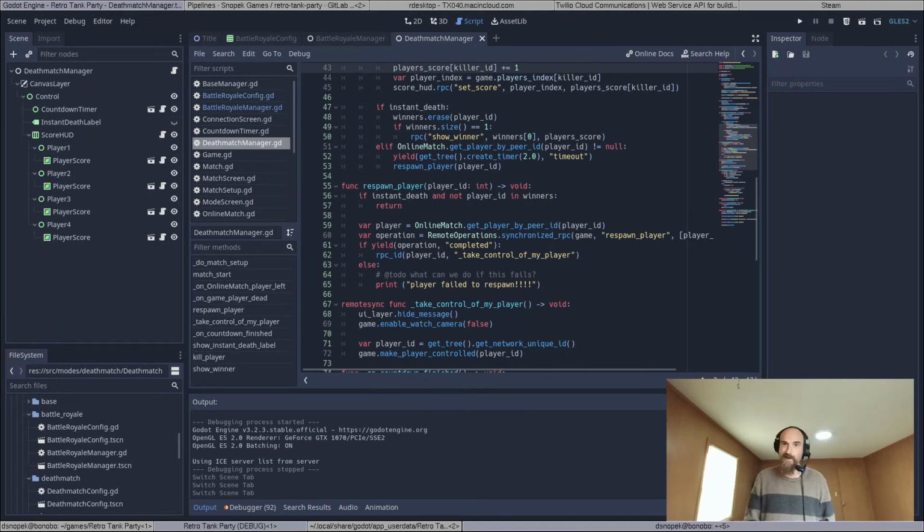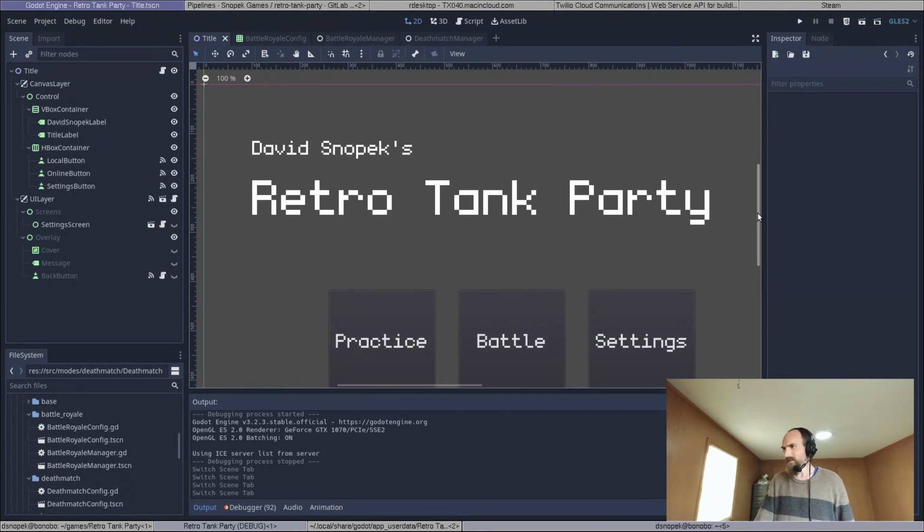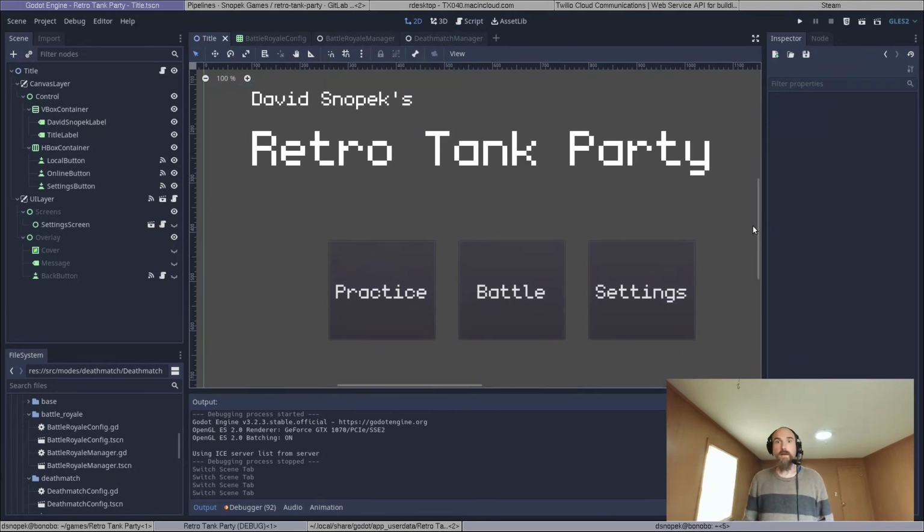I'm going to add sound. I'm going to add music. I'm going to redo the UI. I'm going to make a new UI theme that's more attractive and I think fitting better with the art style of the game. And make a new title screen other than this old Game Jam quality title screen that just has some text and some buttons. I'm going to make something nicer to go here. And that is what I hope to work on, and I hope to be showing you in a week for my next